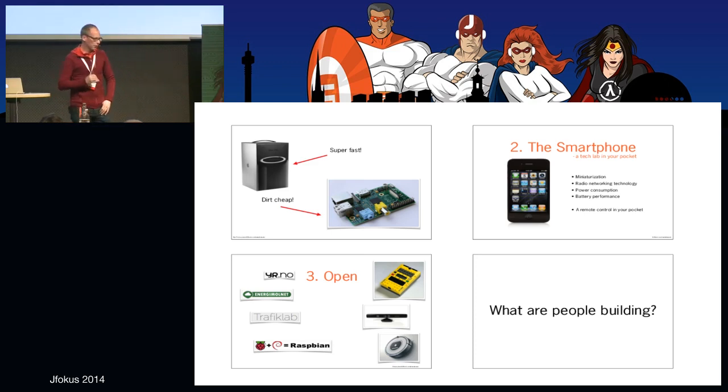The next thing I want to talk about is the smartphone. And this one, of course, has had a huge impact on society, the way we interact, our social life and everything like that. But it has also done a lot of things for pushing the technical envelope forward. Here are some of the things. It's taught us how to build really small things, but still fill them with all sorts of cool technologies. It taught us how to do radio networking, cell phone networking, Wi-Fi networking, and personal area networking like Bluetooth, down to near-field communication. It's all in there. We all have these in our pockets. It's taught us how to do these things while consuming a minimal amount of power.